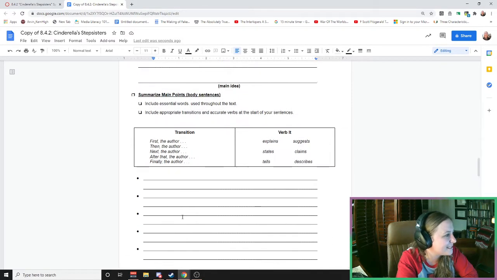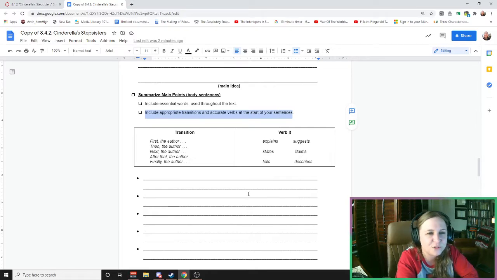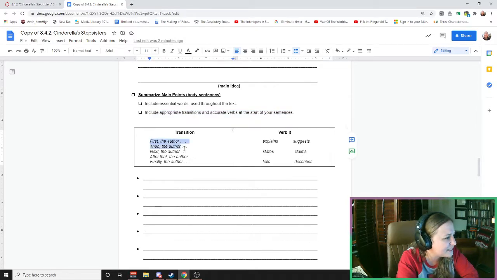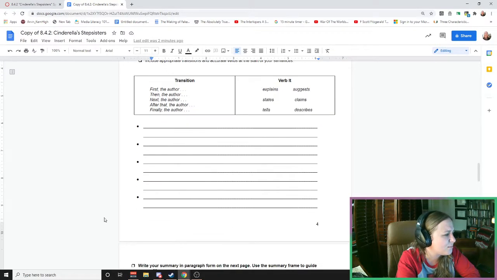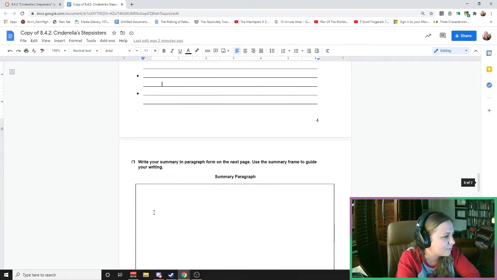All right, and so you'll summarize the main points. Okay, you'll look to the speech. You'll give me the main points here, and be sure to use essential words. Okay, make sure that you transition between ideas appropriately. Use good verbs. And here's a text box that gives you ideas on how you can construct your summaries here. But what I want you to do in these lines here is I want you to summarize the main points of the speech. What is Toni Morrison trying to explain to us? What are the most valuable points she makes? And you'll just list them right here by the bullet points.